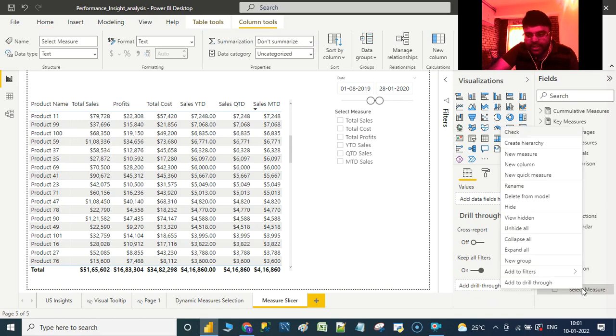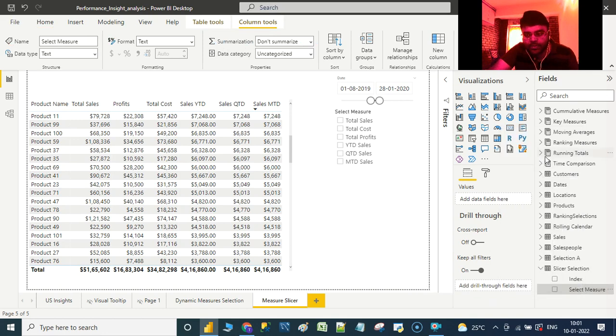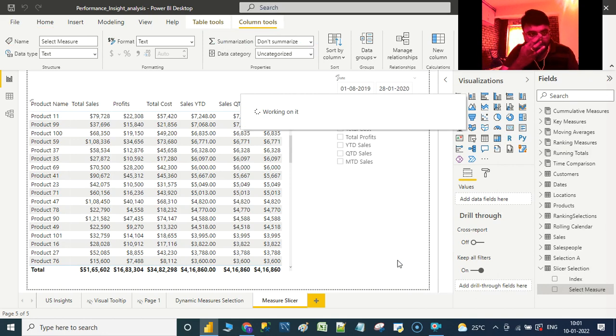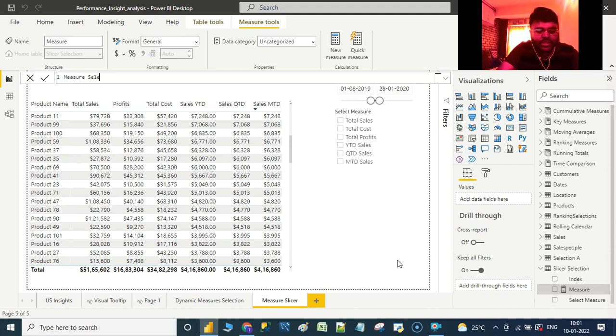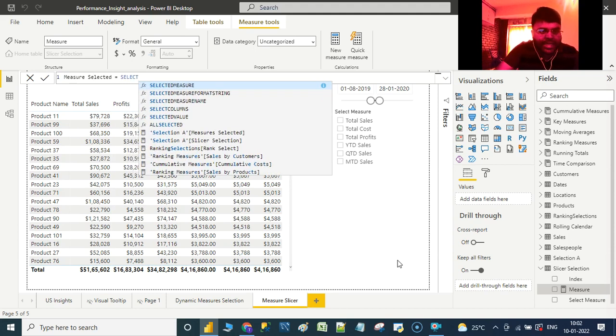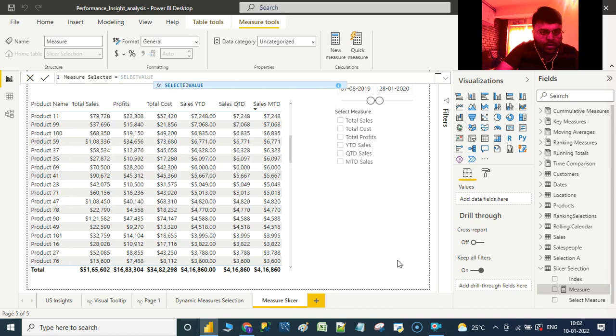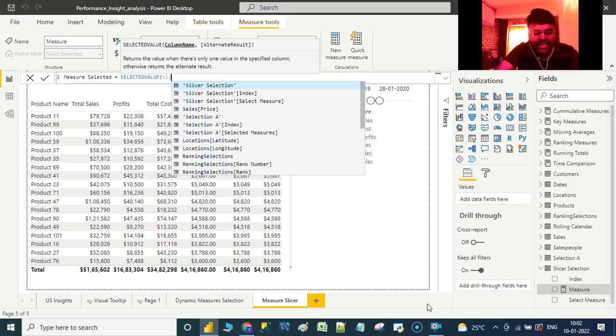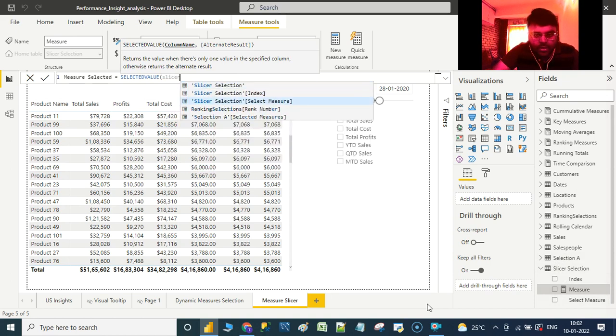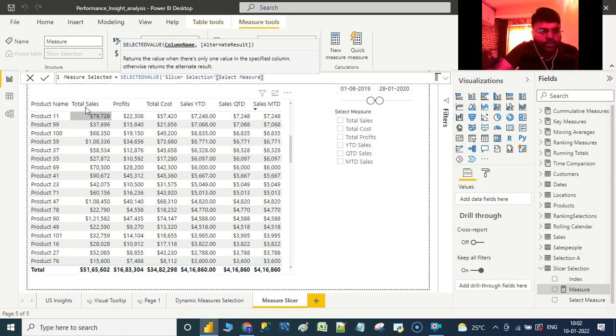So let us go to our table and let us create a measure saying the measure selected is equivalent to select value from this table, the slicer selection that we have created. So measure selected is equal to select the value that we have given in the list,